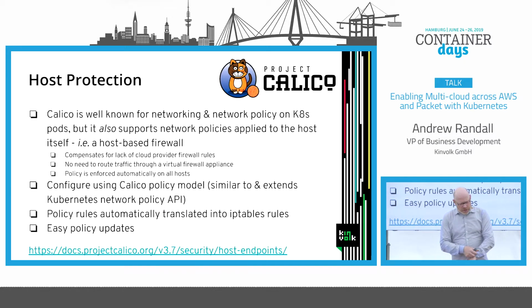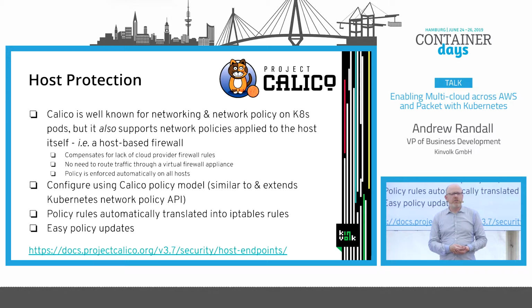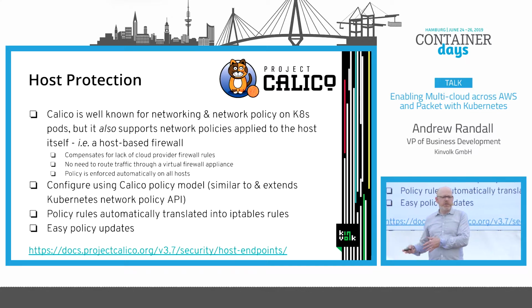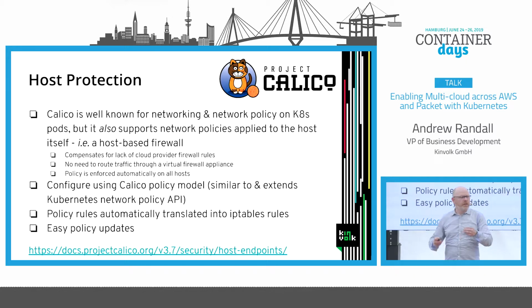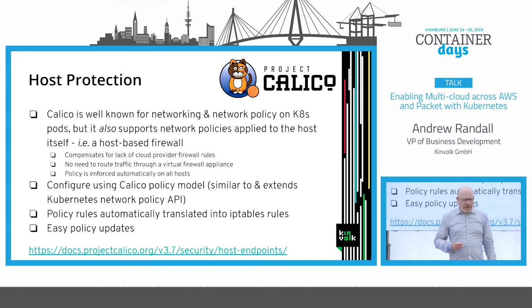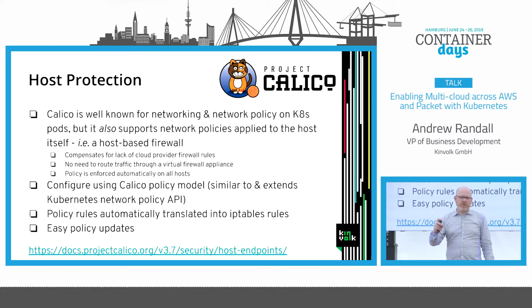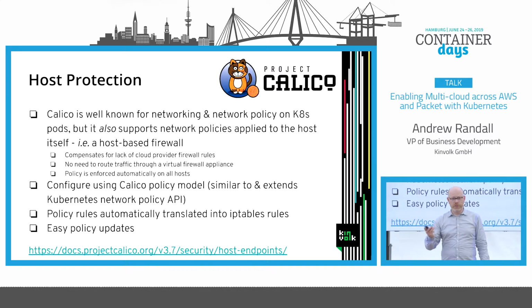The next thing that we wanted to address was security. I mentioned we use Calico for networking. A lot of people do. A lot of people are aware of it for its ability to do network policy for Kubernetes pods, so you can specify within a Kubernetes cluster which pod can access which other pod. That's all pretty well known. One of its secret features that not a lot of people know about is its ability to do host protection as well. This allows you to protect the interface on your host to say who can get access to that node. So this is nothing to do with Kubernetes. This is just about protecting that physical box.